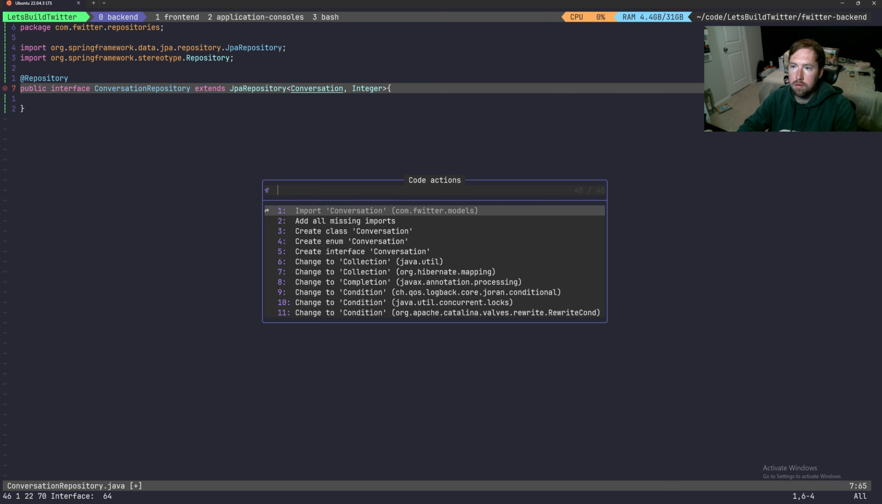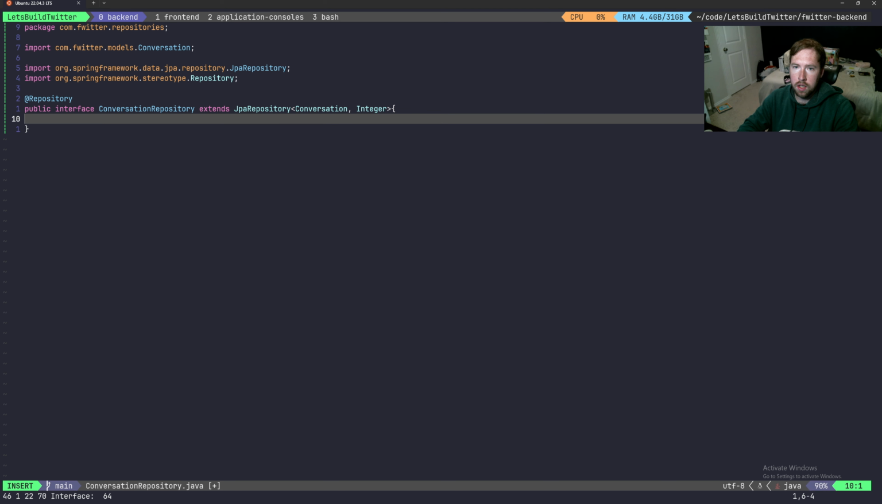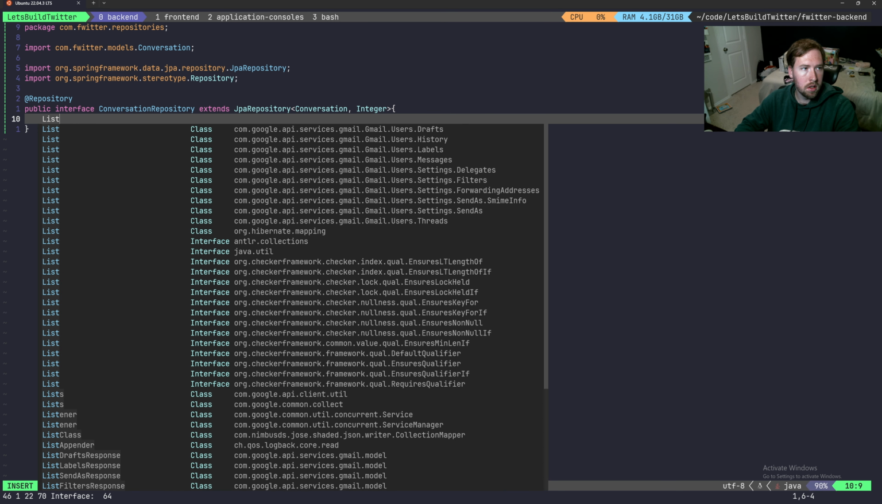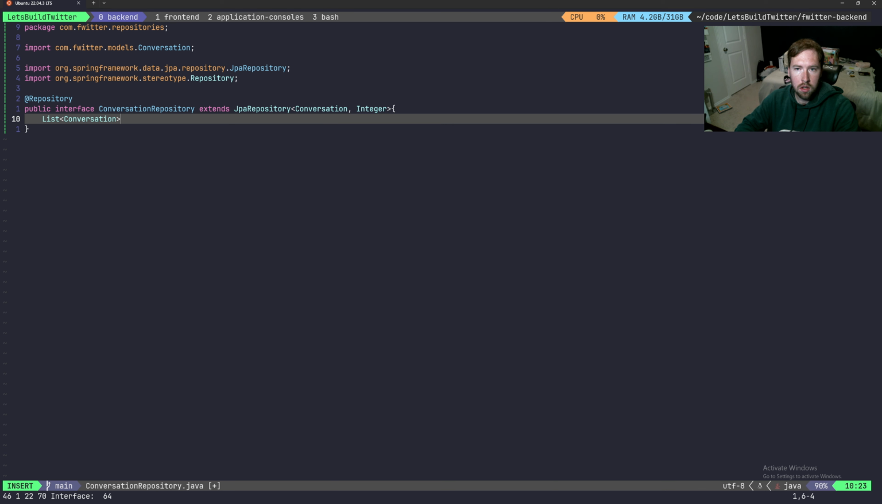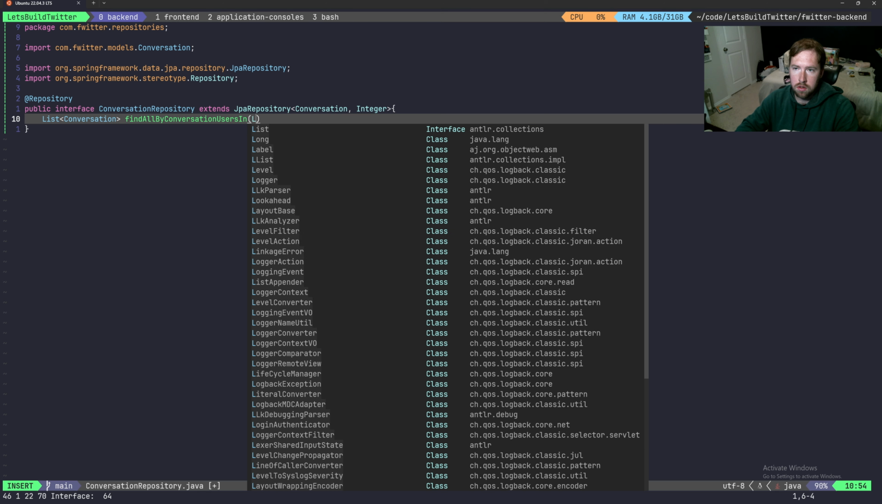And in here, we're just going to have one simple one. It's to go ahead and find conversations that have a user inside of them. So we're going to say List of Conversation, and this is going to be findAllByConversationUsersIn. So basically we're going to search by a list of conversation users. So List